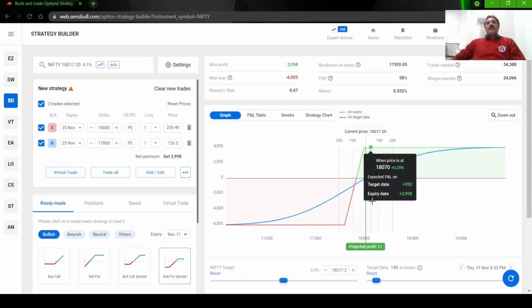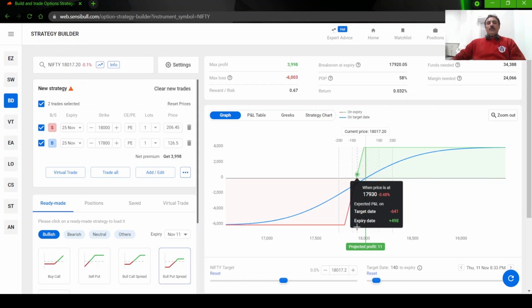We thought that the market will go bullish and we will get our maximum profit, but contrary to our view, the market has gone down. Consider that way, that the market went down. So now we have to do the adjustment for this trade. So how we will adjust this trade is we will buy a lower put. Okay, when I say a lower put, the strike is lower. We have at the money strike. This is a higher put, this is a middle put, and this another one will be the lower put.